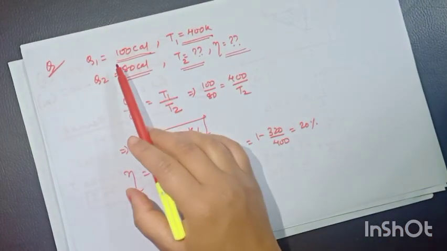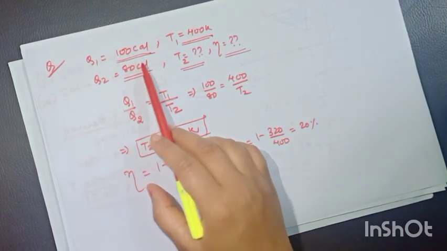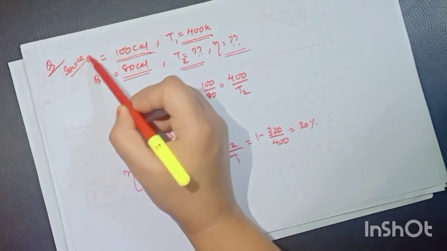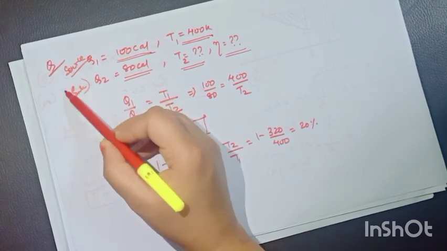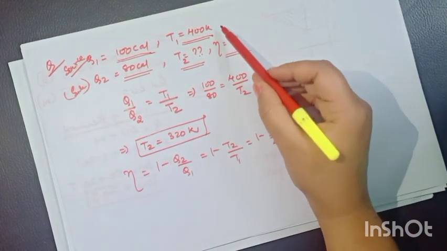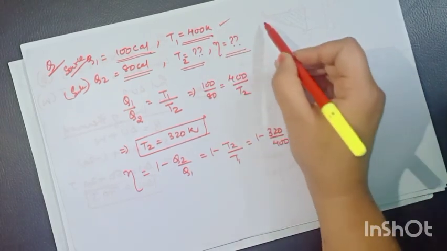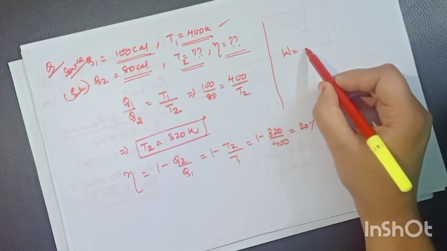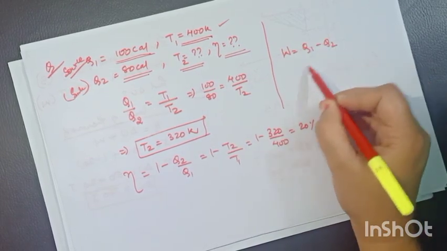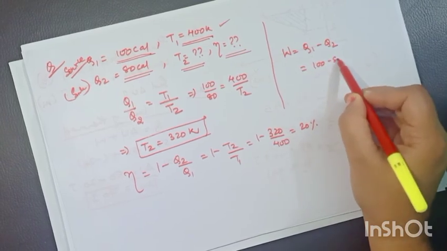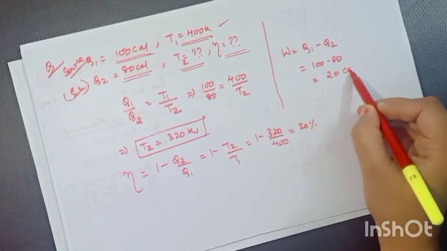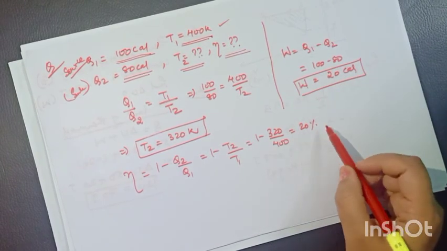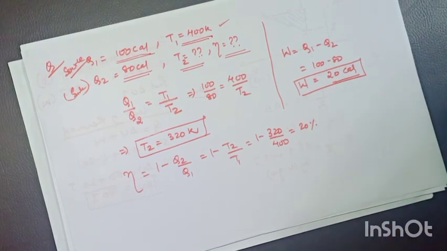So how is it solved? It is solved by taking out the amount of heat and temperature and all the things that are given in the question, that is the source heat supplied, the sink which is accepting the heat, and the temperature and everything. How much work is done can also be found out from this question. The amount of work done during this process is Q1 minus Q2, that is 100 minus 80, that is 20 calories of heat converted into mechanical work. This is the amount of work done during the Carnot's cycle.